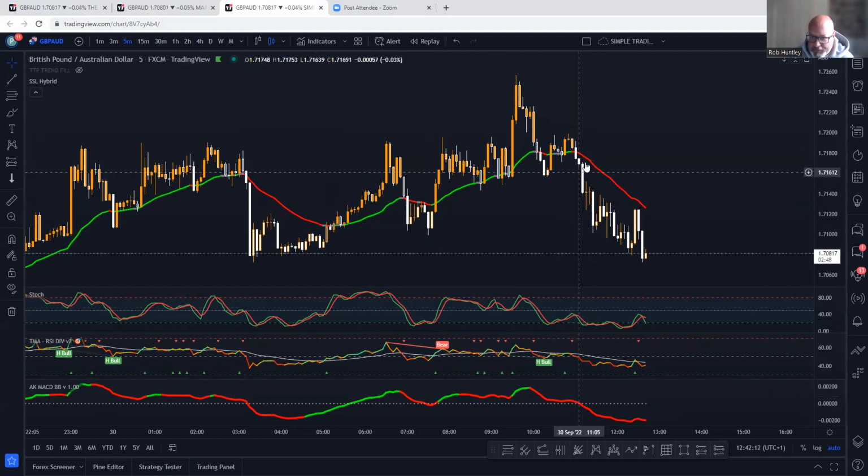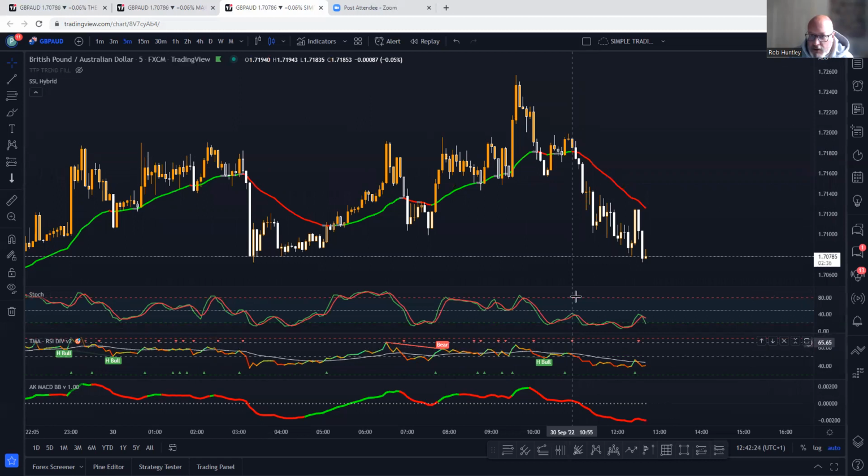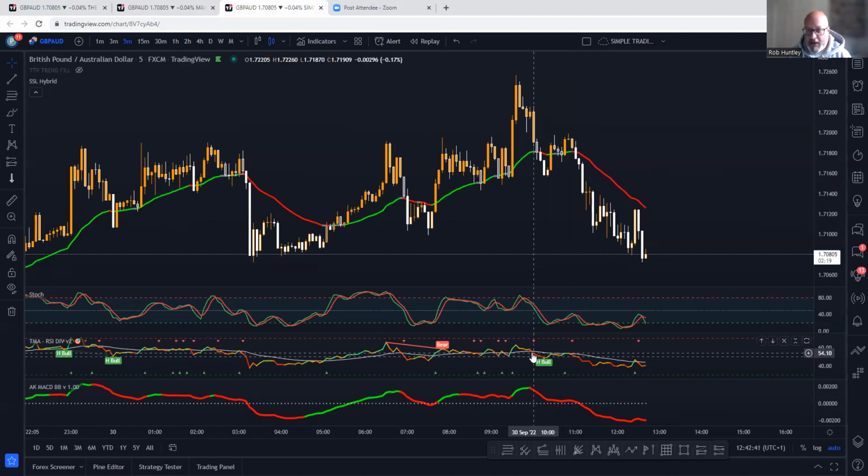So you can see where it's crossed there. It was on that candle there that it's crossed. You had the little red triangle at the top there, so that was on this candle here. But the next candle was the one that crossed below, and then you see that just before that you've also got the RSI oscillator moved back here below the floating line, but it's also changed